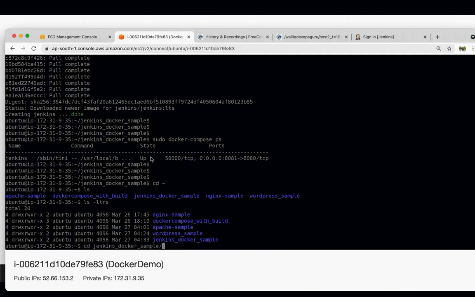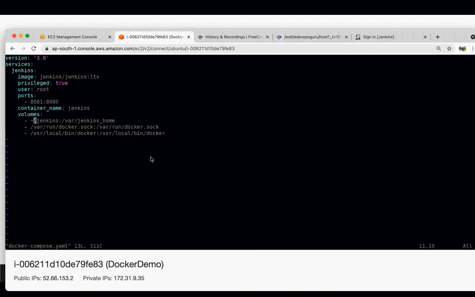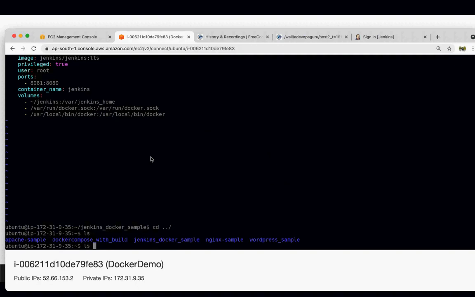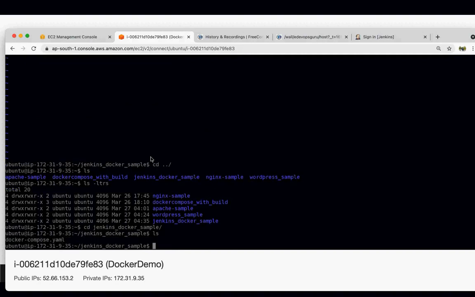Jenkins Docker sample, vi Dockerfile. Why is this folder not getting created? Let's create a folder here, then use Jenkins data.